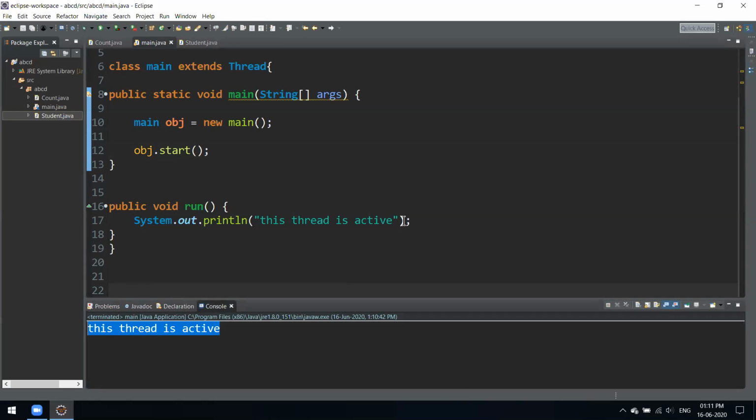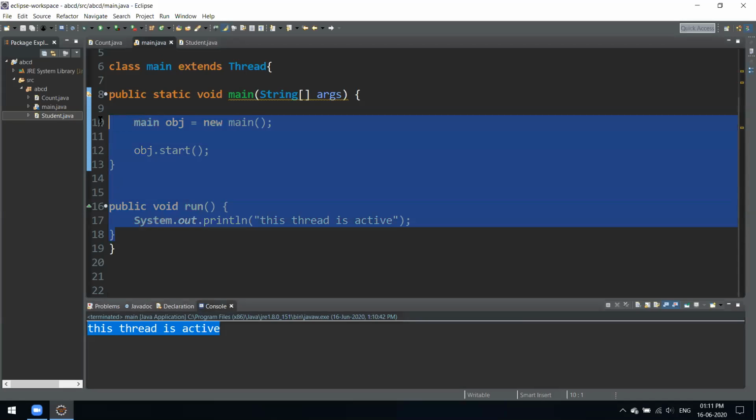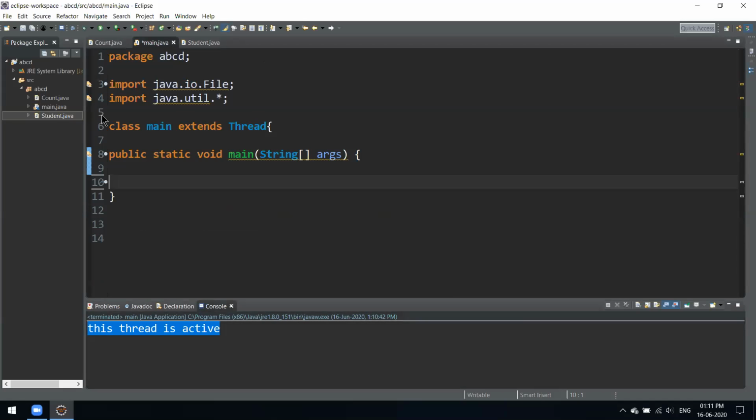Now we'll see a bigger example. What can we do when we have a bigger data set, or a bigger process to perform? In that case, let's make a separate method instead of writing everything over here only.